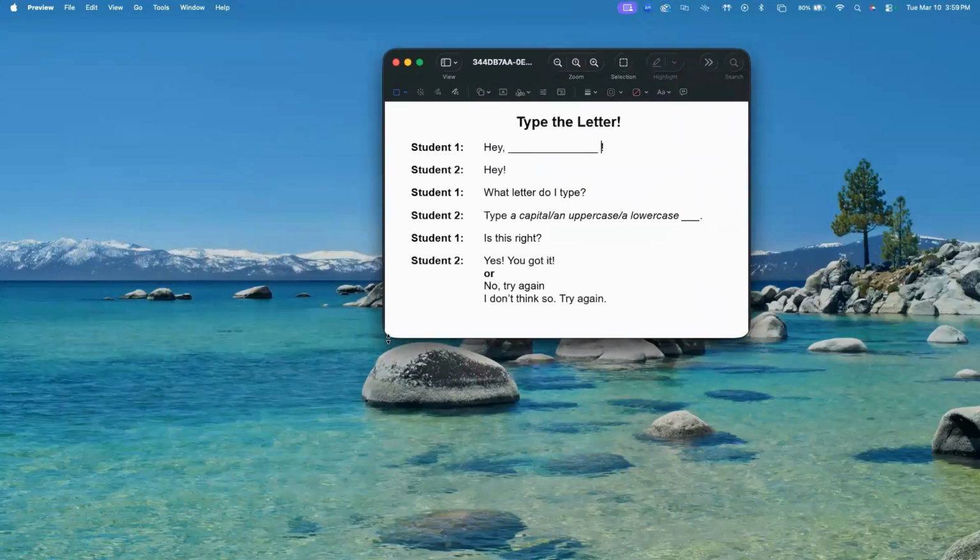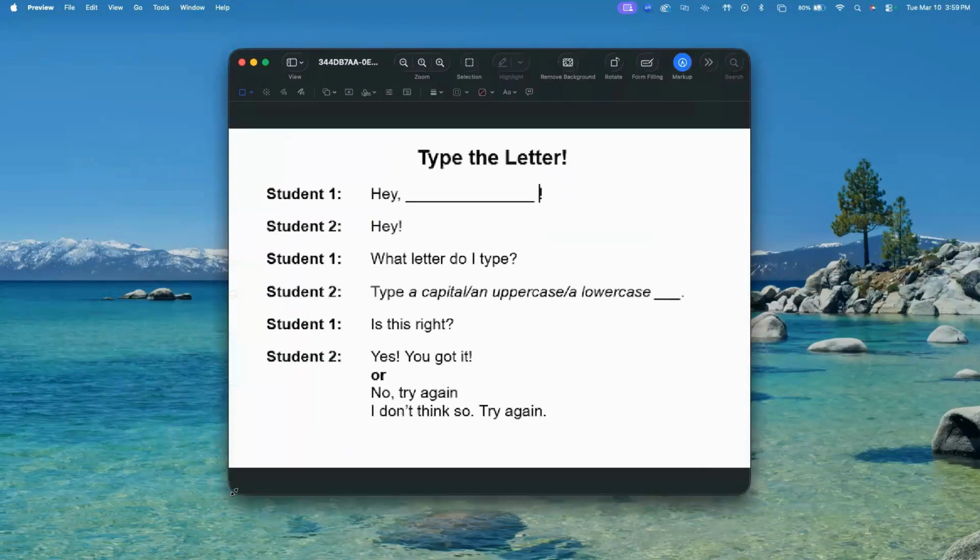It's a little long if it was beginners. I'd probably keep it to 2 or 4 lines. But just give them some choices here. It's not exactly the same each time. So you'd type a capital B. And if they can do some things on the computer, I have them do it on either Google Docs or really anywhere.